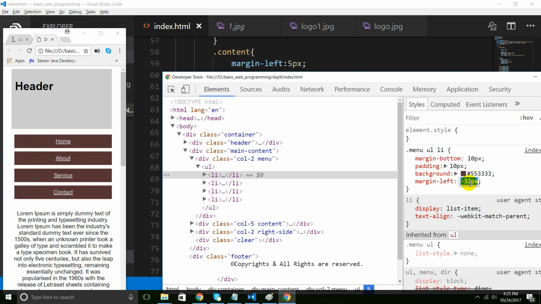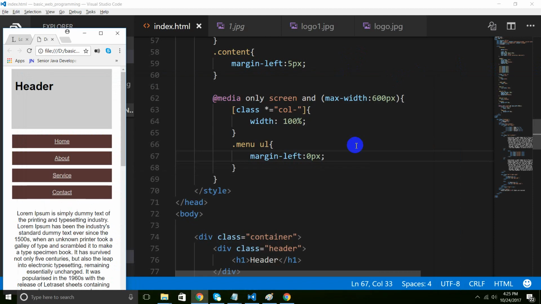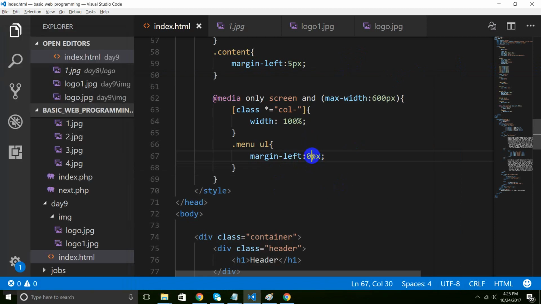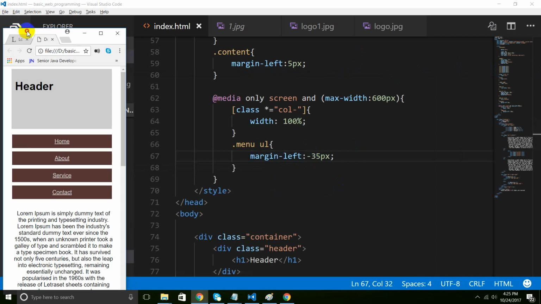Okay, so we have to define the margin as negative, right? So in minus. So if you want to make it that big, what you need to add is, and this inspect tool is very powerful, right? So let's say minus 35 from the left. So when we refresh it,